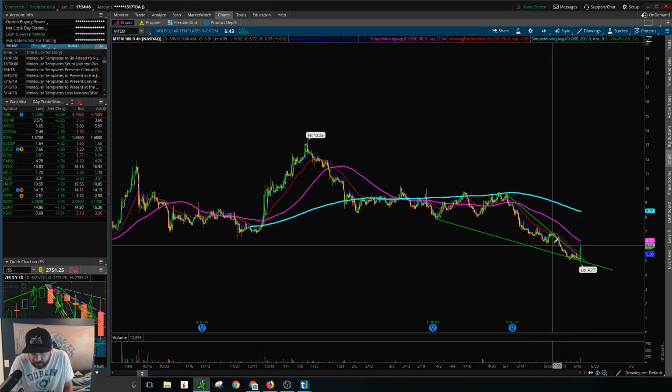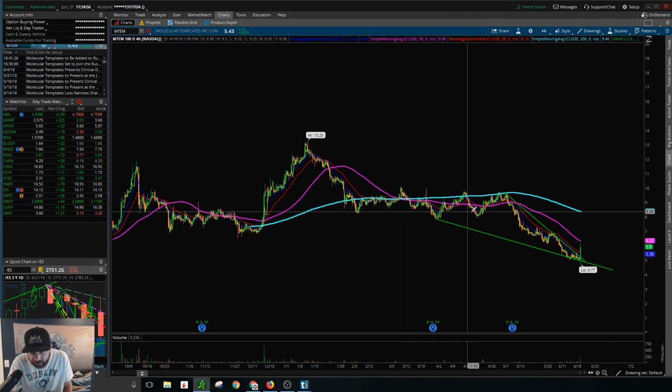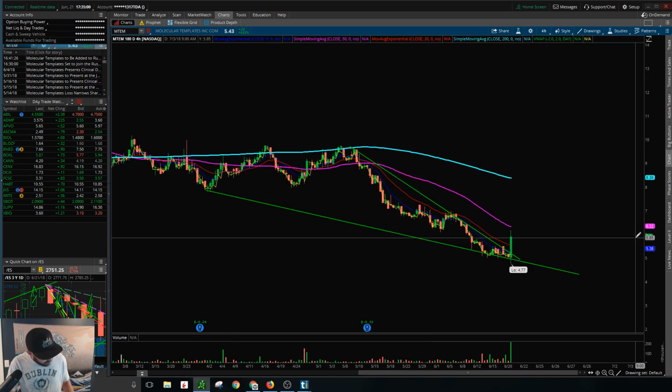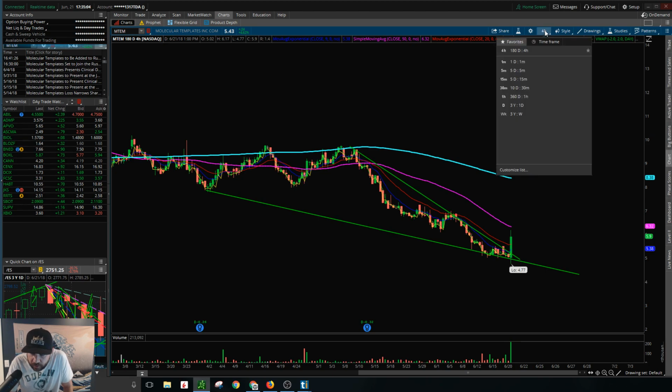As the wedge gets tighter and tighter and it falls, eventually price gets so tight that it squeezes. And it doesn't always squeeze to the upside. A lot of times it'll squeeze to the downside. But you could say falling wedges, when you find them, it's more probable that it breaks to the upside. And that's what we saw today